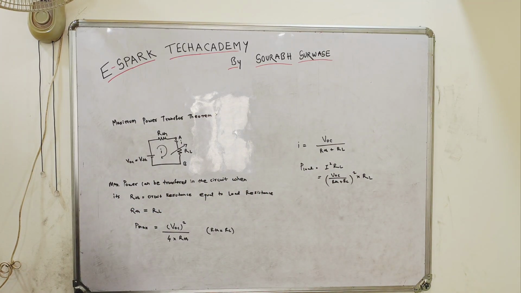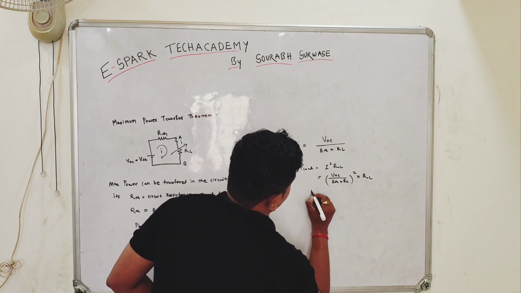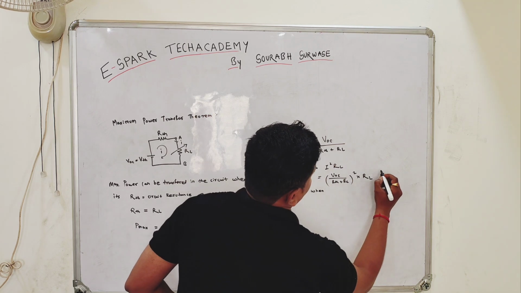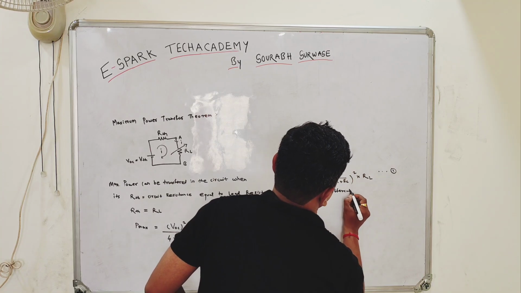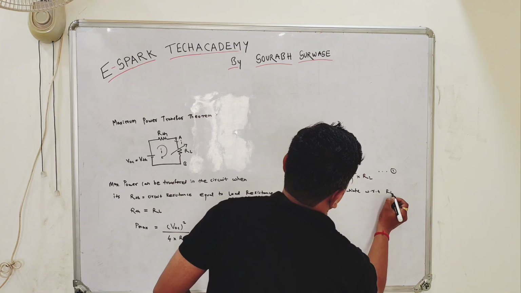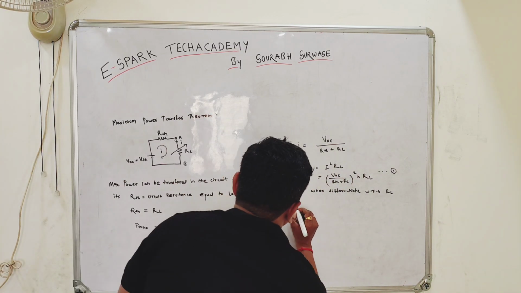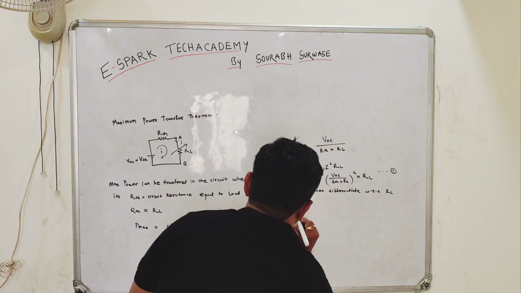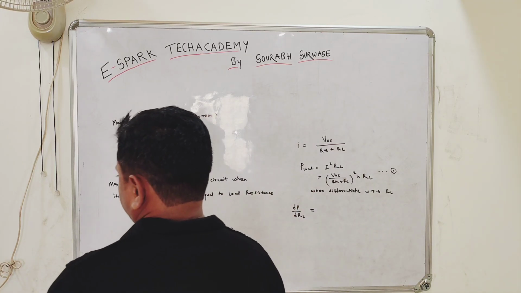When you calculate this, let it be equation 1, and differentiate with respect to RL, you will get dP by dRL is equal to